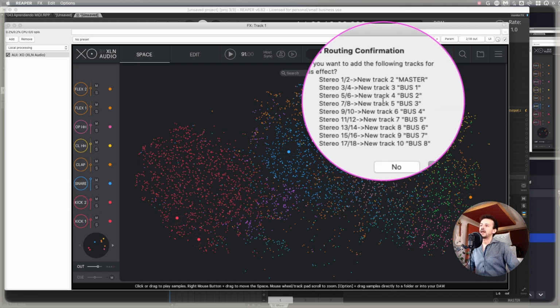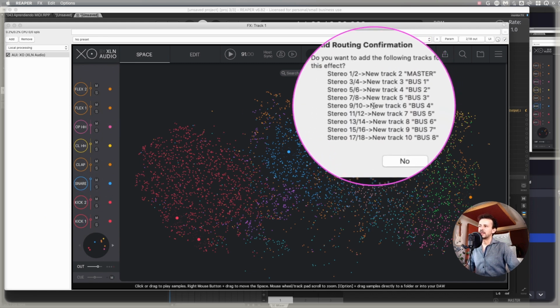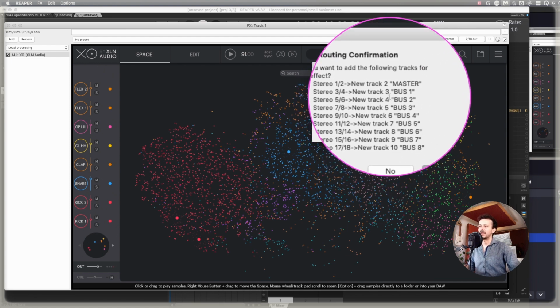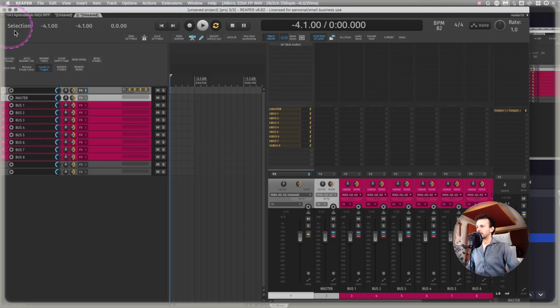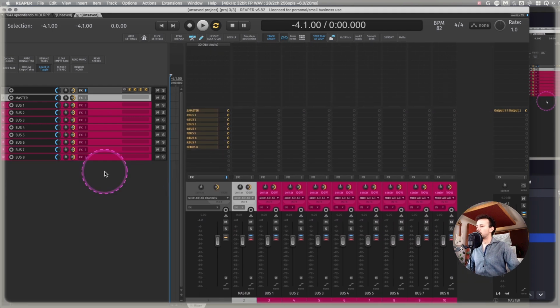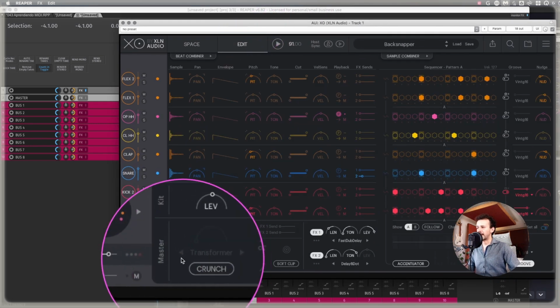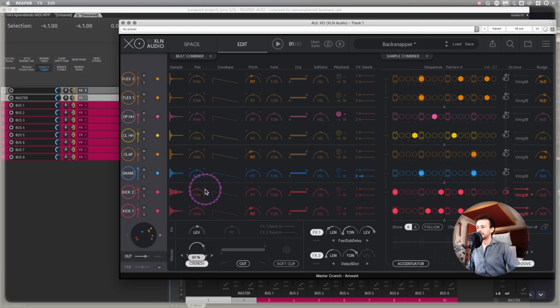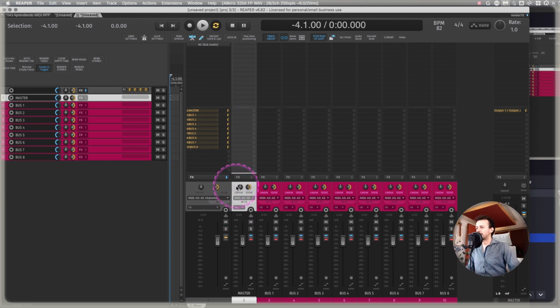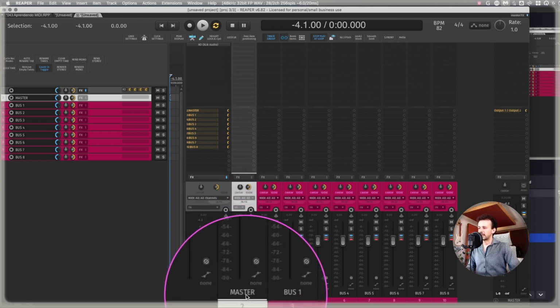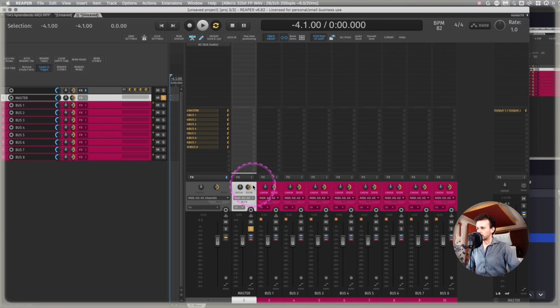And it asks how many channels I want, and I can see that it's 1 through 18 because every single bus is stereo. I click OK, and now I have all of these channels. What will happen is that these first 2 are usually the main output of the plugin itself. So for example, the main output has this master transformer crunch drive into it, and a soft clipping option and a filter of some sort. So I can handle this with the FX, and everything will be routed into this first one that's going to be master. So if I solo this one,